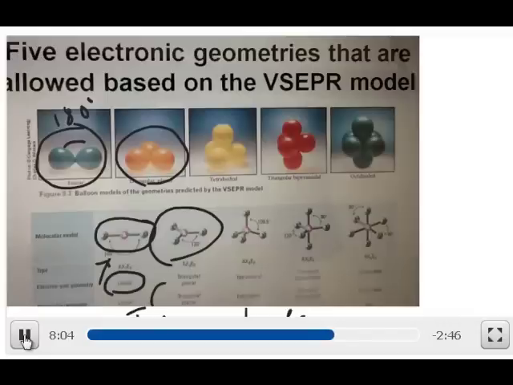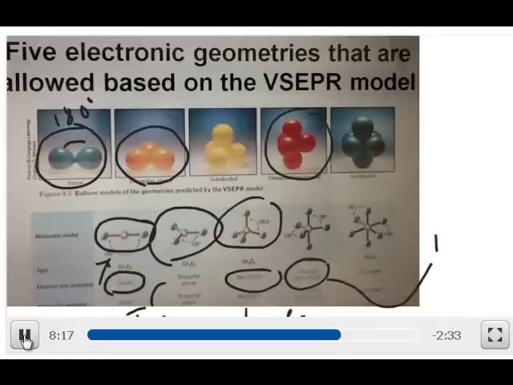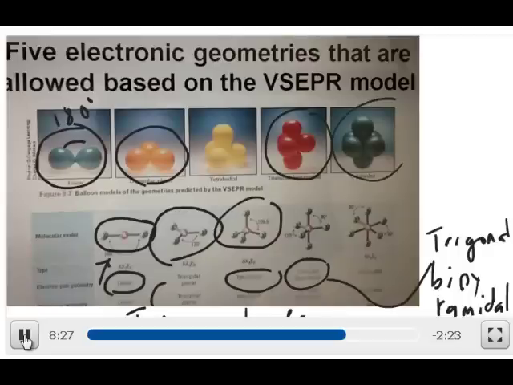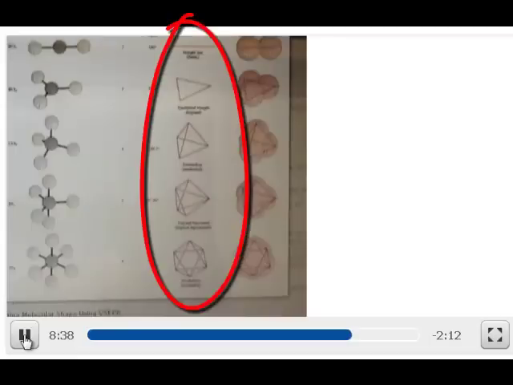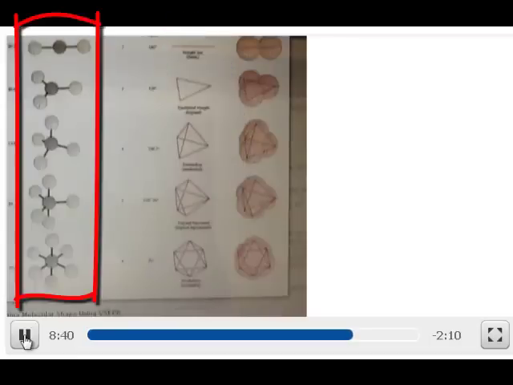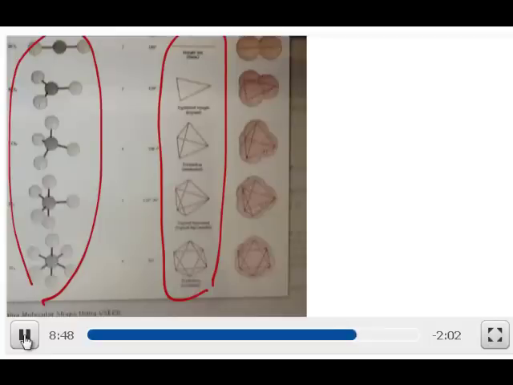You can go on with the other shapes as well. If you have four pairs of electrons around the central atom, it's called a tetrahedral shape. If you have five pairs, it's going to have this shape, which is referred to as, I'm going to write it here, trigonal bipyramidal. And then lastly we have octahedral, which is six pairs of electrons around the central atom. I hope presenting the pictures of these geometric shapes right next to the atom pictures makes it a little clearer